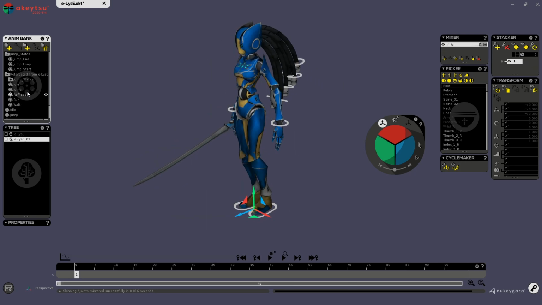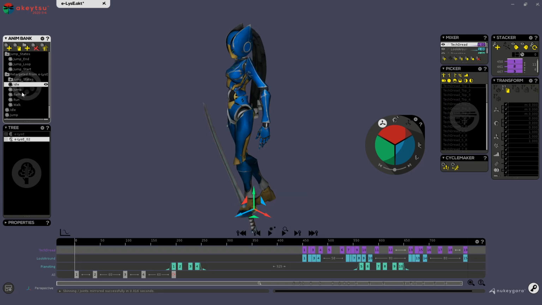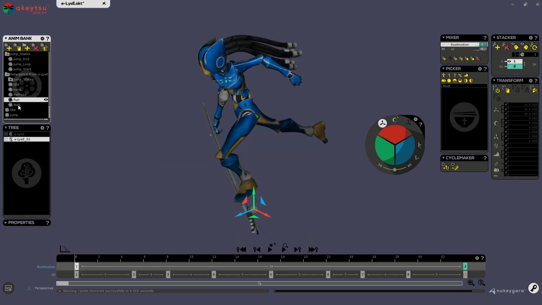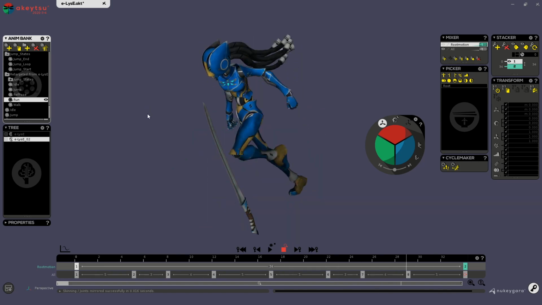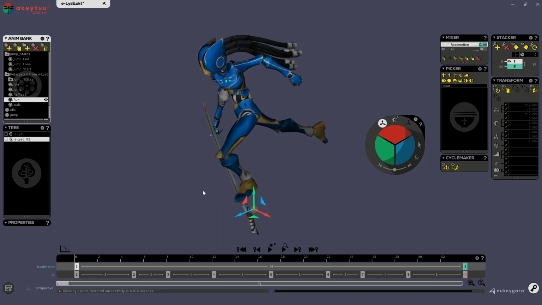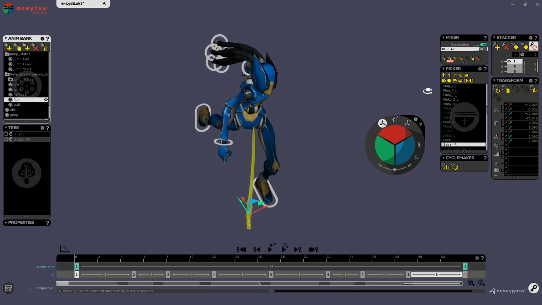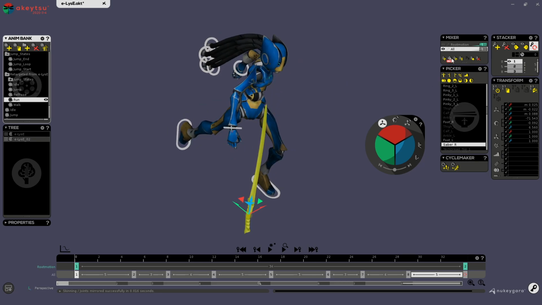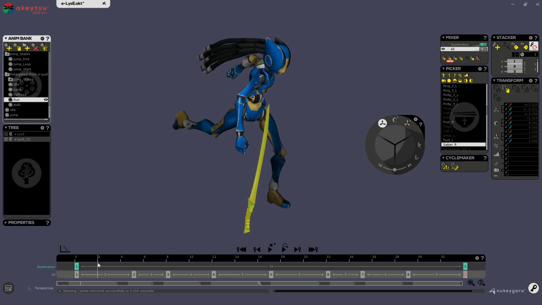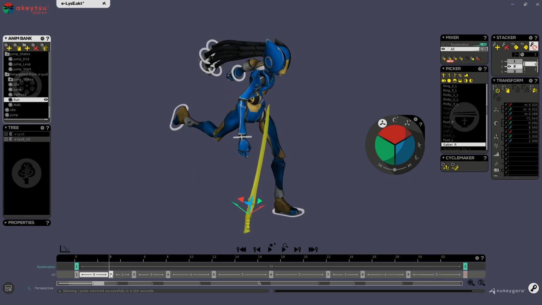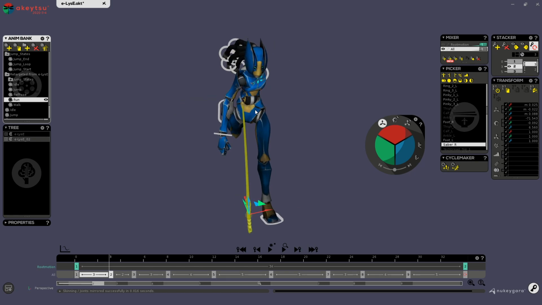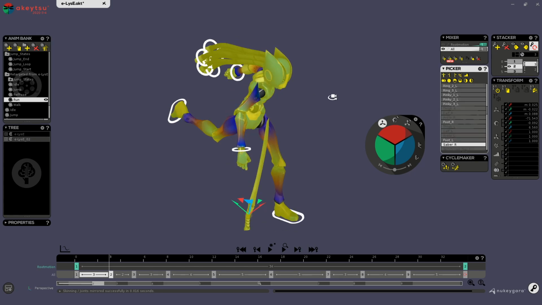And once you've retargeted your animations, you should see quite the same animations, except for everything that uses the space switching function, since space switch is not yet transferred with retarget. So if you need to space switch, let's say the saber back to the arm, simply create a keyframe between two other keyframes, select the whole character,